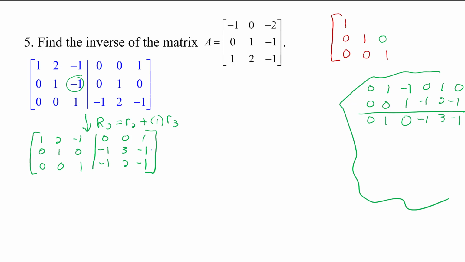Okay, and we're going to work now on row 1. The next thing I want in row 1 is to turn this 2 into a 0. Okay, so to turn that 2 into a 0, let's see how we could do that. Well, row 2 is a nice candidate for that because there's a 0 in the first position, which won't mess with the 1 in row 1. There's a 1 in the second position, which I can easily multiply by, so I can get a new row 1 by taking my old row 1 plus -2